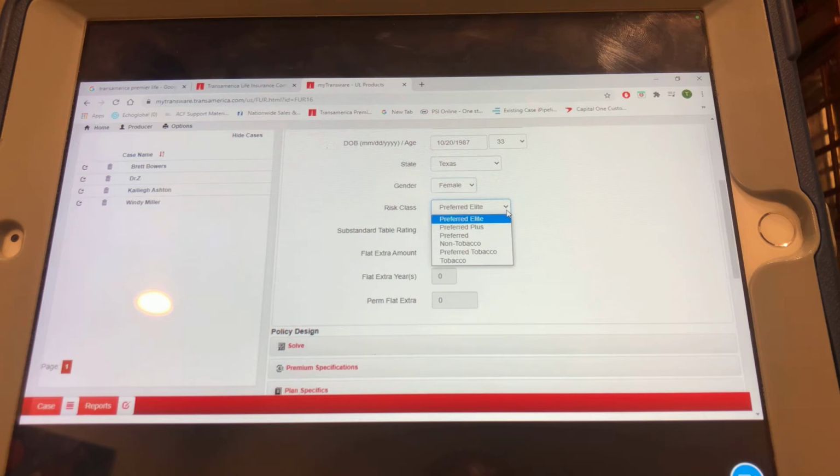Now, typically, I don't really ever do preferred elite. You know, if you want to, you can, depending upon how healthy the person is. And here's the thing, too, ladies and gentlemen. You can always do what's called a field underwriter. You can get the underwriting requirements from the companies. They will email them to you. All you have to do is ask them. And then based upon the difference between preferred elite, preferred plus, preferred non-tobacco, a lot of this time it's the